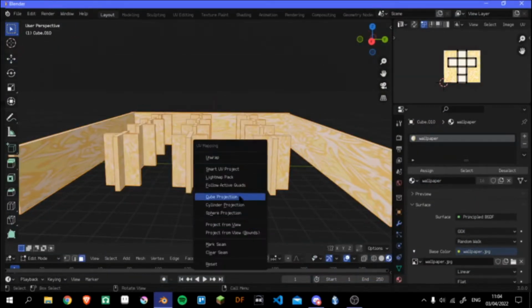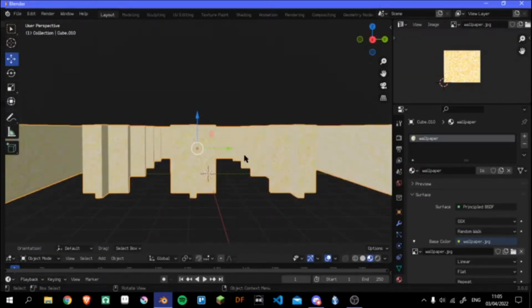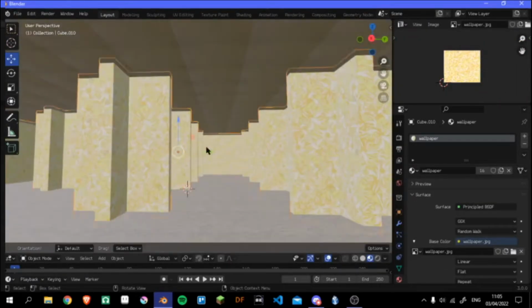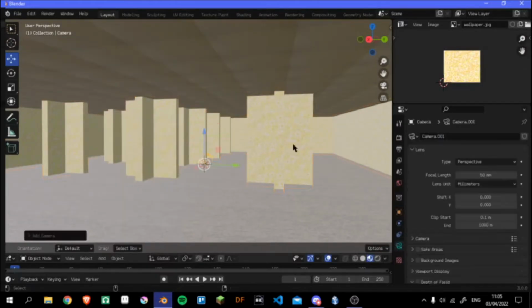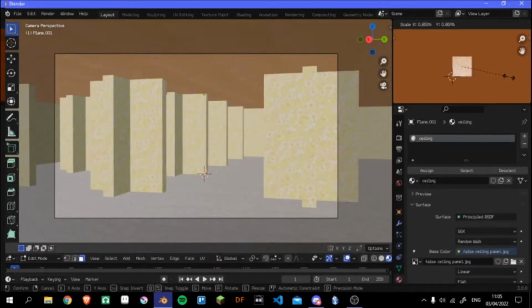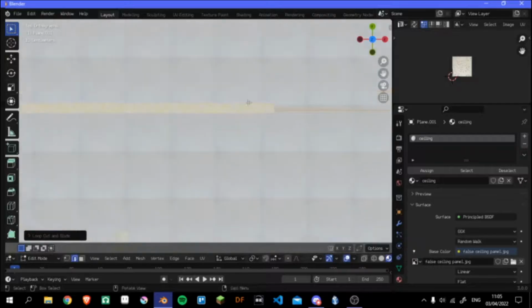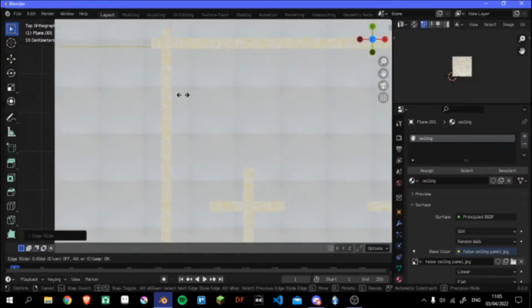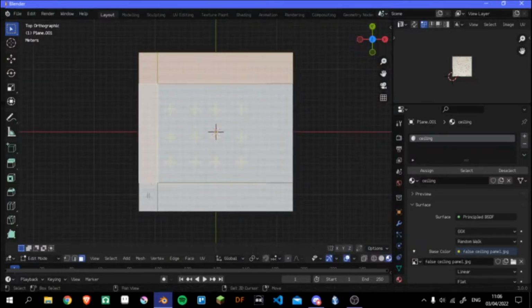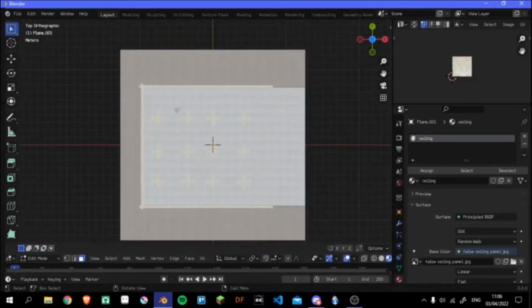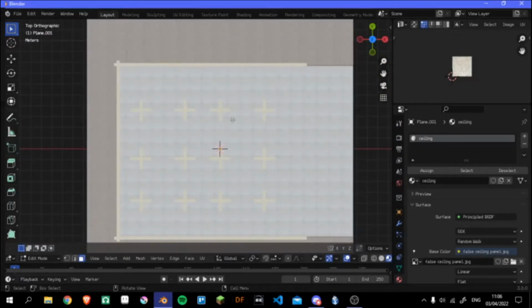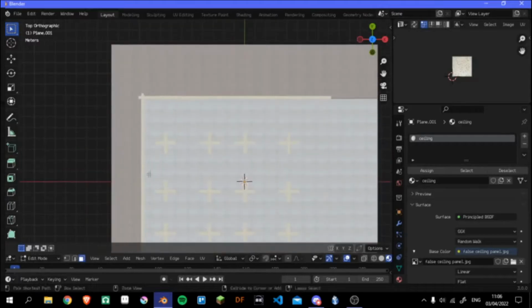Then you just hit U, project from your, not project from view, just do a cube project. And then you scale it up till it looks about right. And then you've got your wallpaper, and then you add in your camera angle if you want. You can adjust some stuff. Now you add some loop cuts so that each ceiling tile is actually its own face, which